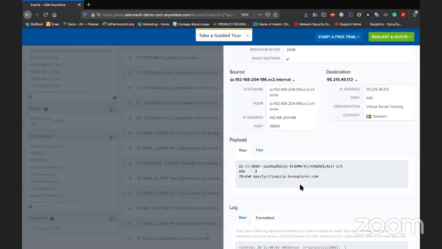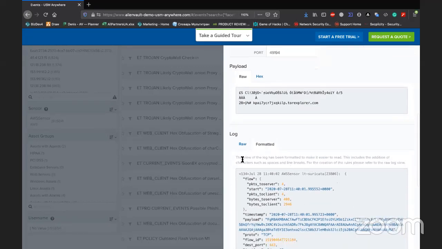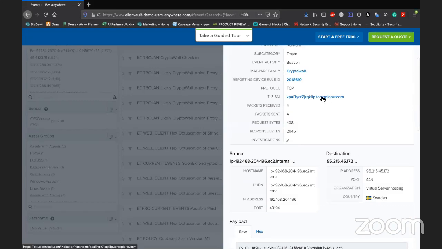By the domain, we see the raw payload, we see the information from this payload, so we could also use this for additional investigation purposes, or we could click on this indicator of